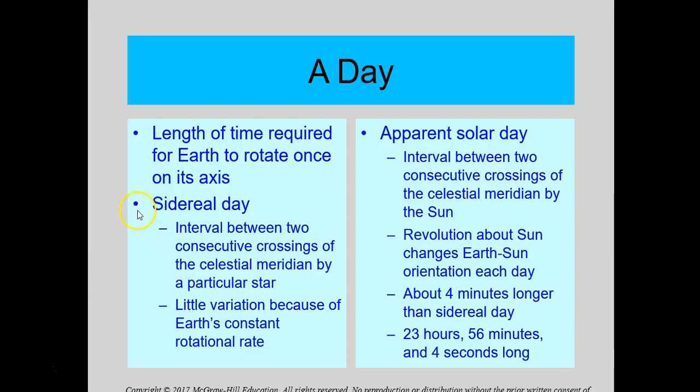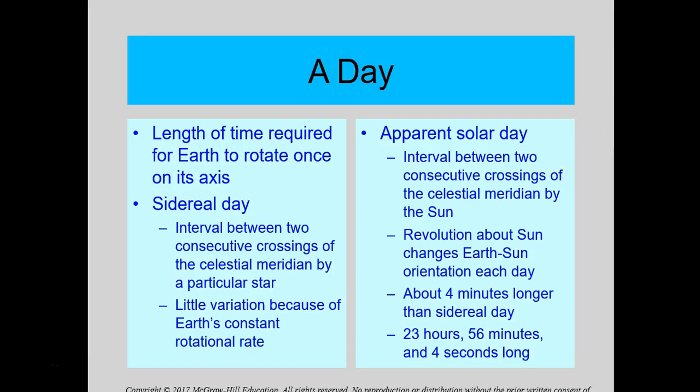Now, this amount of time doesn't vary that much. It's one essential complete rotation of the Earth. And the Earth rotates at a relatively constant rate. It is slowing down over time, but it's not noticeable, and that slowdown is going to take millions and millions and millions of years. So what we use as the apparent solar day is